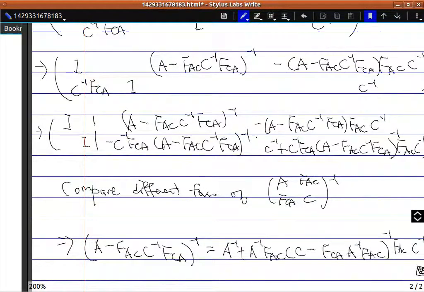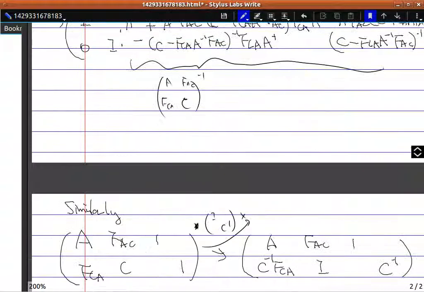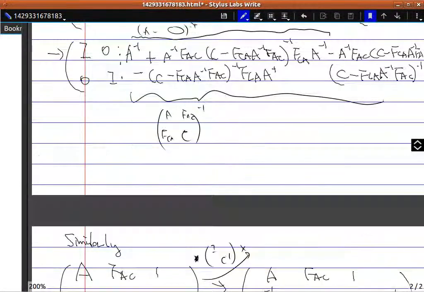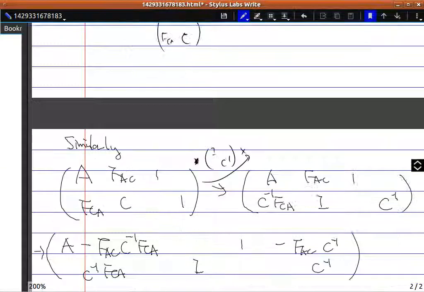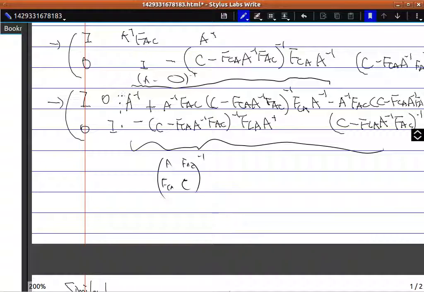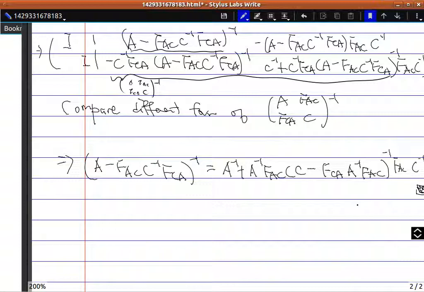Eventually I will have this term here, and this guy of course again is just A FAC FCA C inverse. Therefore this guy is equal to this guy. So we just compare the first term here, and we have A minus FAC C inverse FCA inverse is equal to this guy here. And that's basically a quick proof of the matrix inversion for